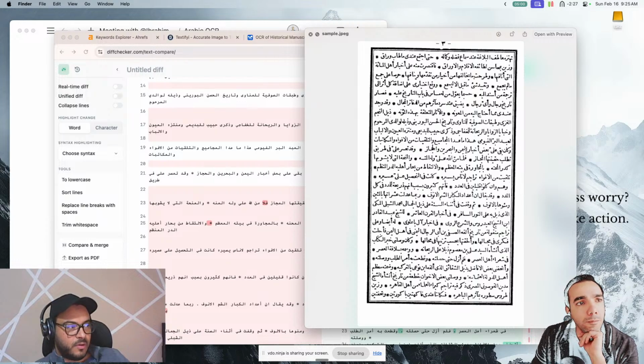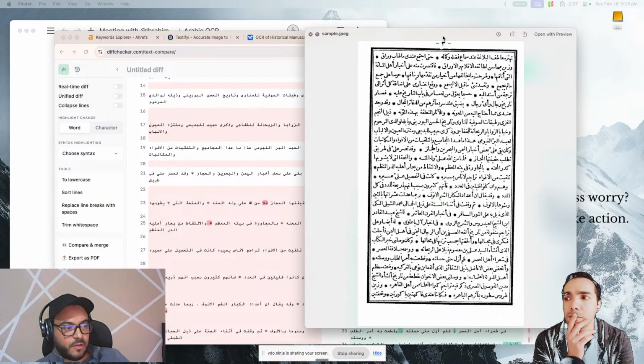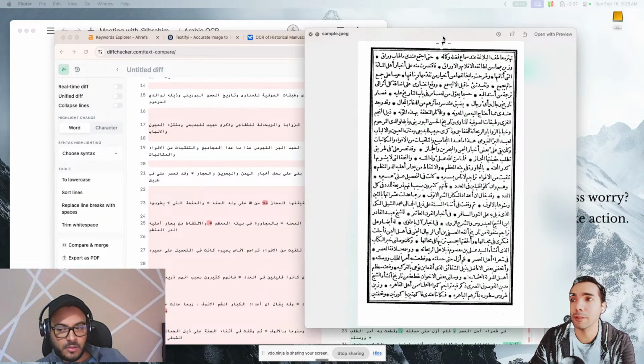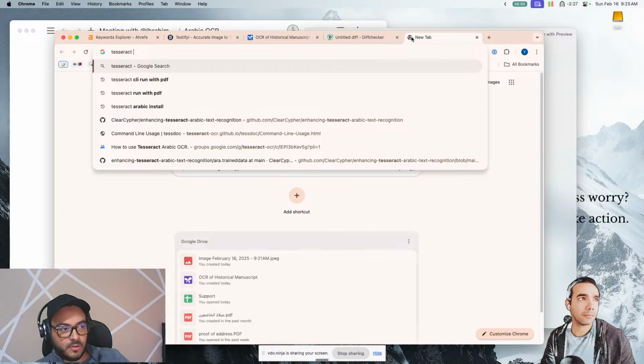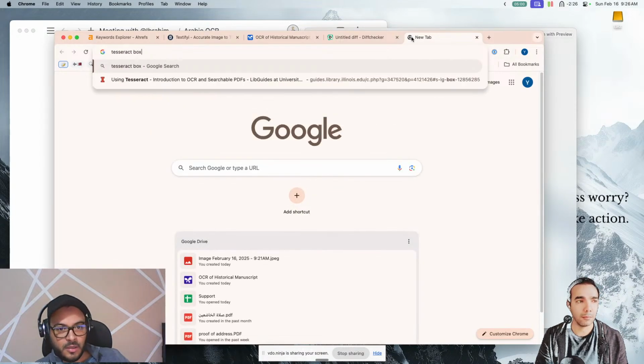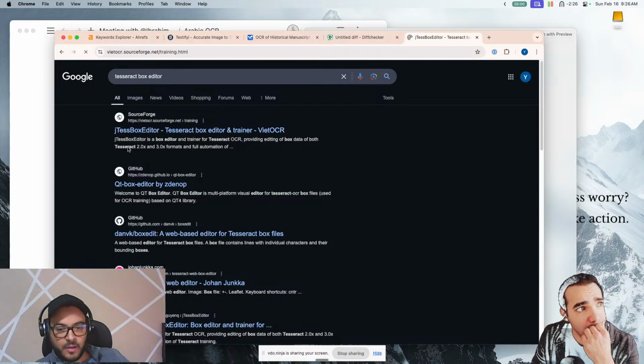So one approach to fine-tune Tesseract's OCR is to train the OCR for this kind of font. And based on what I've read, the way to do it is using the box editor. Box editor means, yeah, it would run like an image recognition that would separate the letters. You would have, and then you would modify the letters, and then